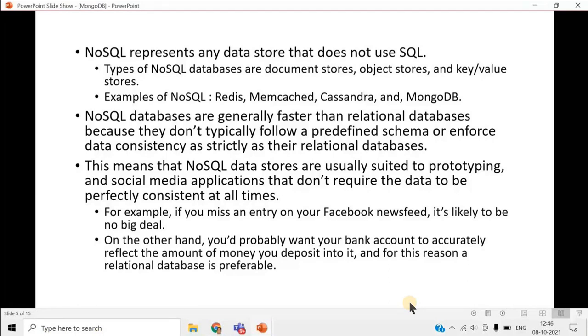Okay, so these are some NoSQL databases, but MongoDB is the most popular database. Now, if you compare NoSQL with relational, which one will be faster? NoSQL will be faster because they don't typically follow a predefined schema. So in NoSQL, we don't have a predefined schema, or we don't enforce data consistency as strictly as there is in a relational